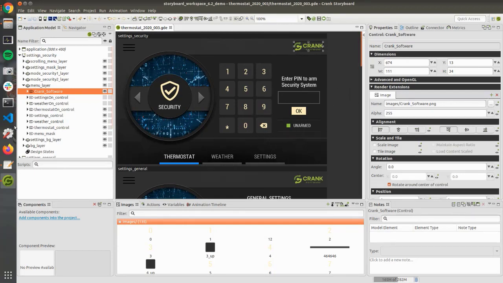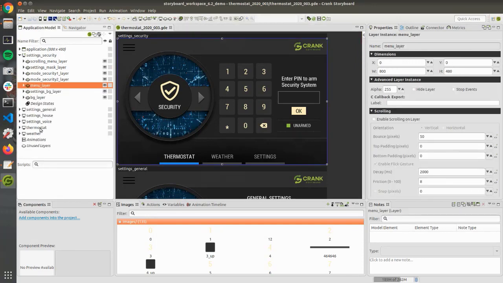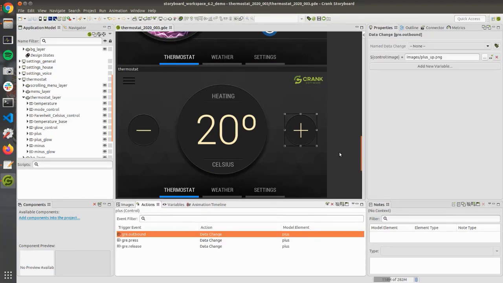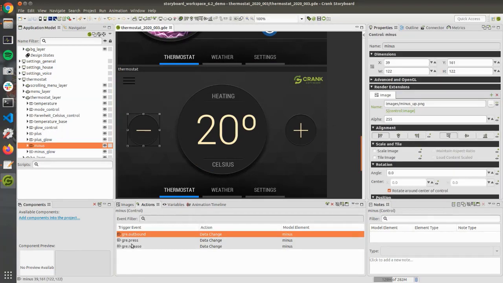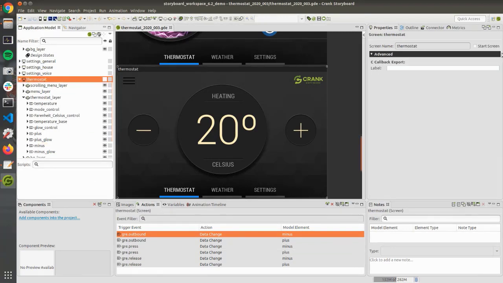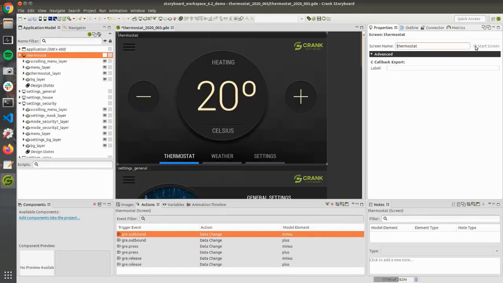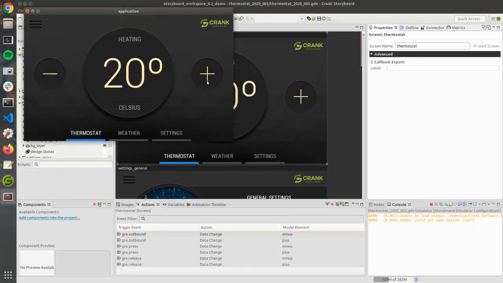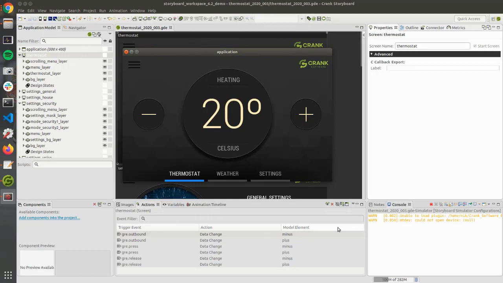The other thing I mentioned, the buttons having pre-wrapped behaviors. The plus and minus buttons have the press, release, and outbound user input events already hooked up to them. And if we select the thermostat screen, choose that as our main start screen, and simulate, you can see that we get free press, release, and drag out behavior on these buttons without doing any work. And the simulation right here,